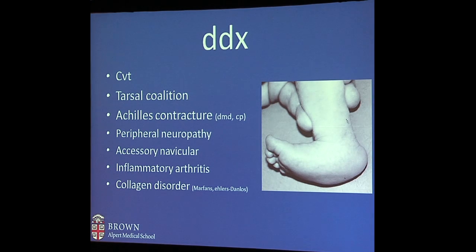So the differential, okay, is a vertical talus, and I showed you that picture of that older child, right? Tarsal coalition we'll talk about. These kids with a neurologic problem get a tight Achilles tendon, and in order to get their heel on the ground, they break their midfoot. They flatten out their foot so their heel can get on the ground. Accessory naviculars we'll talk about. Occasionally kids with JRA will have subtalar joint involvement and they'll have a rigid flat foot. And